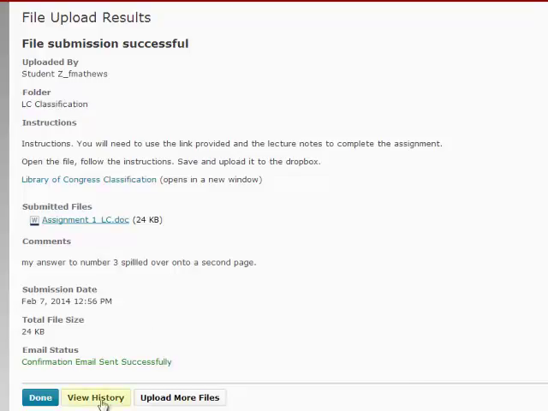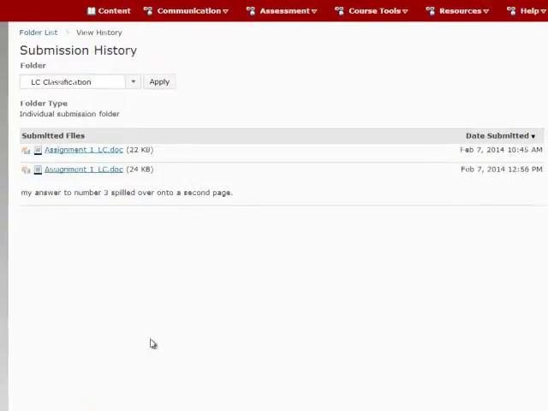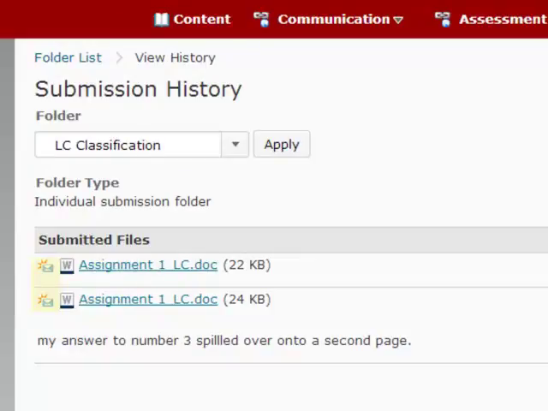Let's click on View History. If I view the history, it shows that I have submitted 2 files. The unopened letter icon means that neither file has been seen by my professor yet. If I wanted to view the submission history of any other assignments, I can click on the down arrow beside the folder,